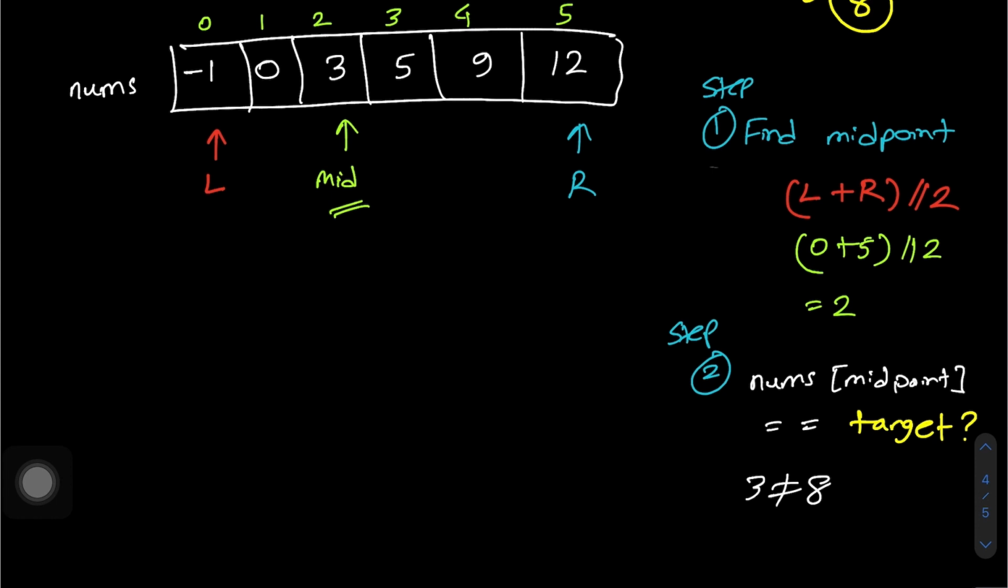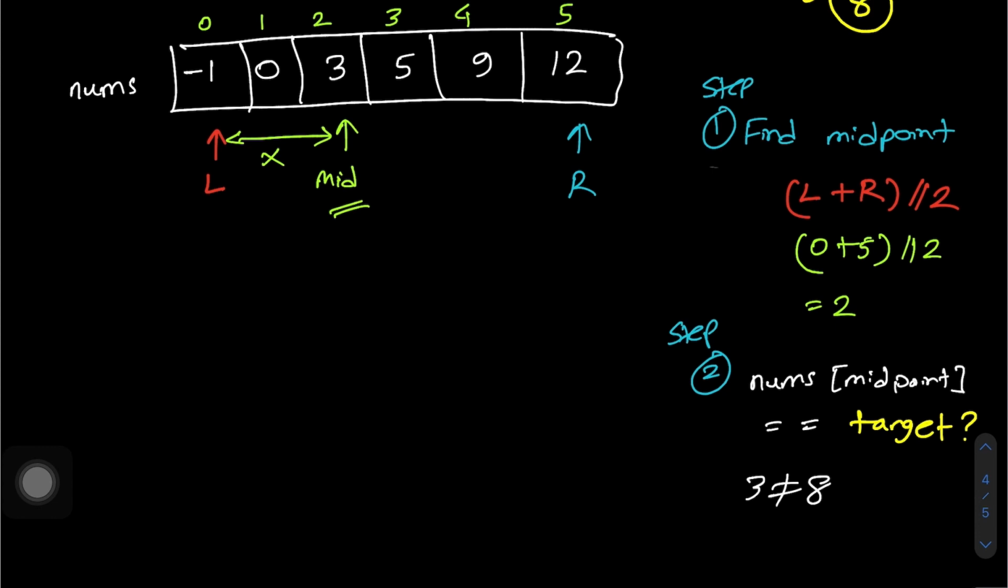So since 3 is less than the target value, and this input array is sorted, if you try to understand it in an intuitive way, this portion is basically irrelevant to us, right? Because we know that the input array is sorted. So if the input array is sorted and we haven't found the value at the index where mid is pointing to, which is index 2 and has the value 3,